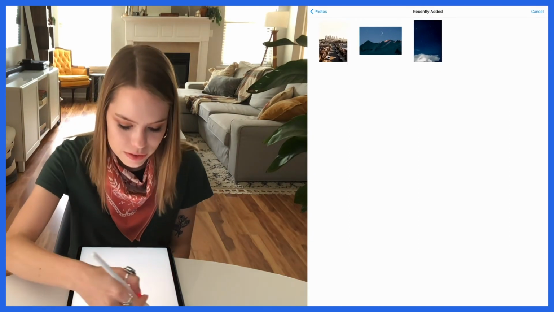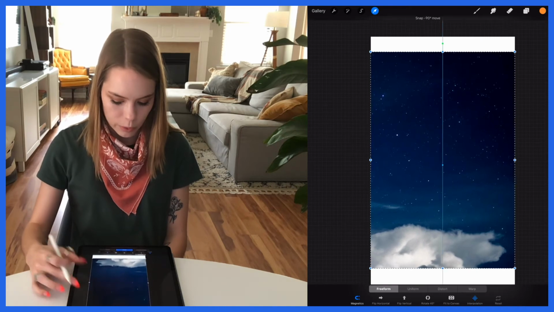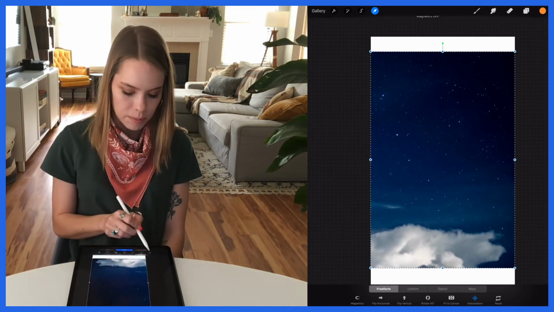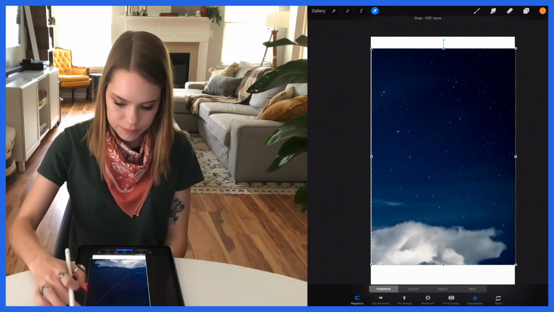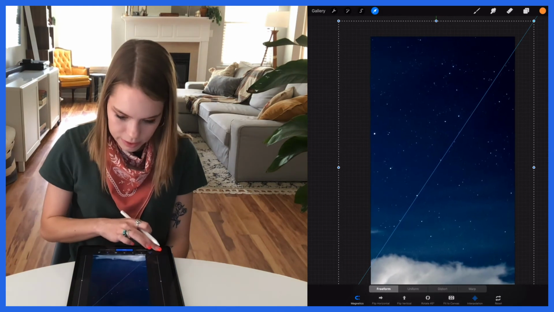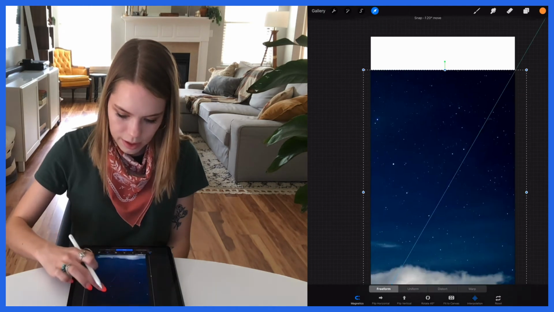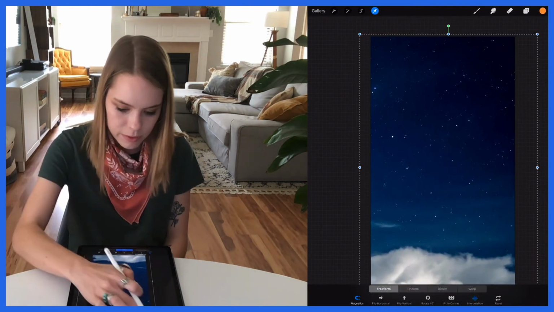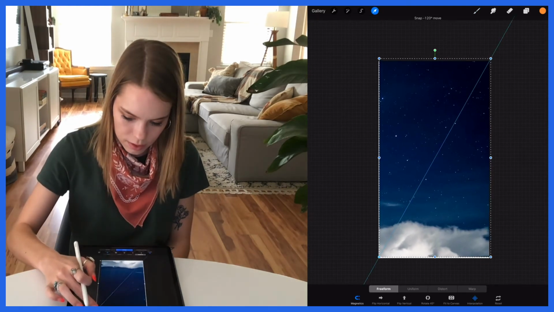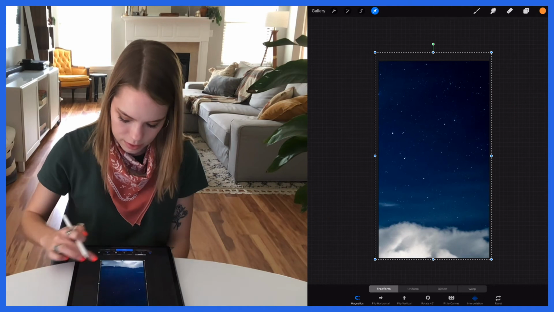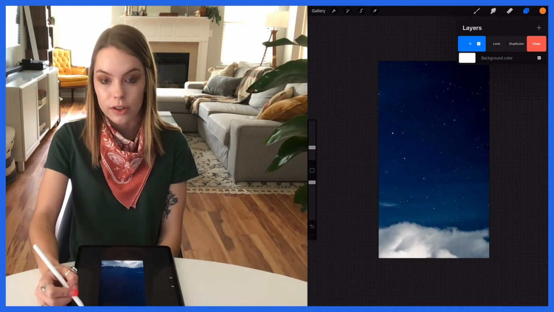All right, so I'm going to choose the photo I want. I really like the starry sky one. Here I'm in the transform panel. I'm going to keep this on magnetics, which means it will keep the proportions the same when I scale it. I'm just going to scale it to fit. Just like that. Well, I can't see the bottom of my canvas, so I'm going to bring this in, transform. And there. So now this is on this layer. And if I wanted to lock this layer so I make sure that I don't draw on top of it,